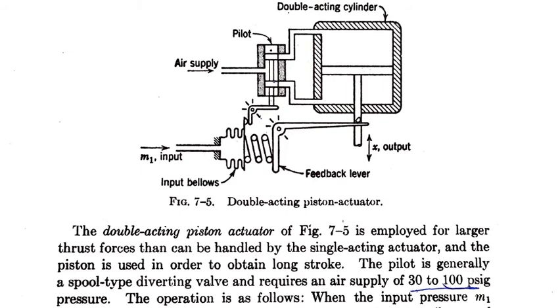Once again, same principle, but here we eliminated the spring construction, we eliminated the diaphragm, and we also eliminated the flapper nozzle mechanism. We are making it simpler and simpler. The actuator construction we are making simpler, and the number of components we are going to reduce. So this is called a double acting piston actuator. Whenever air pressure comes from the upward direction, that piston will move down.